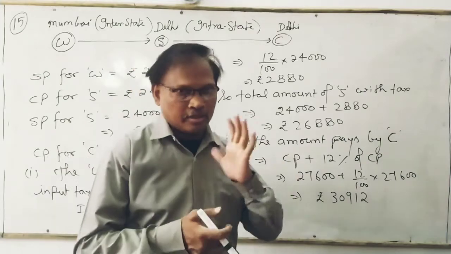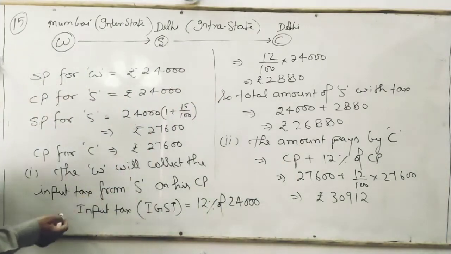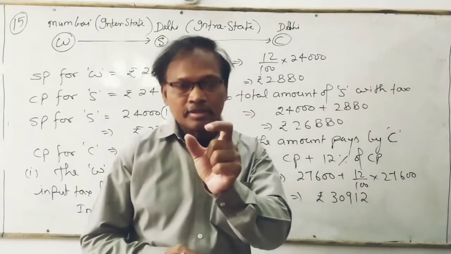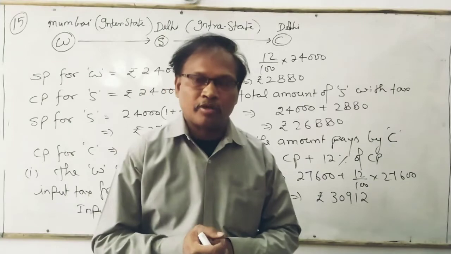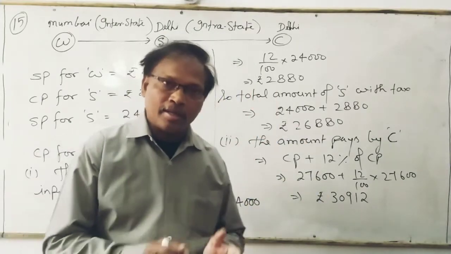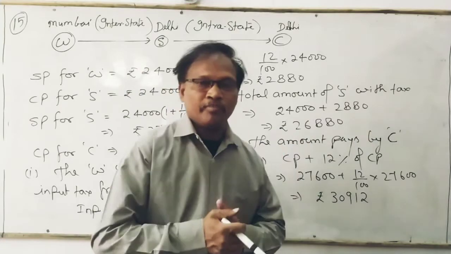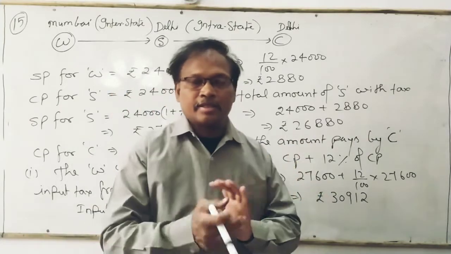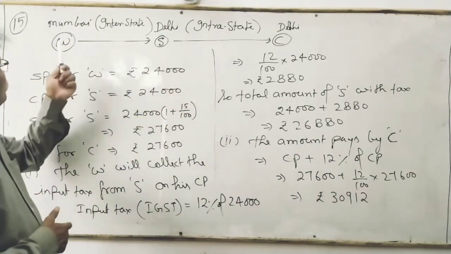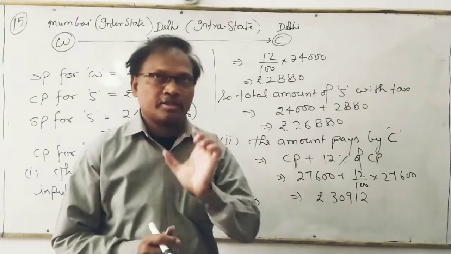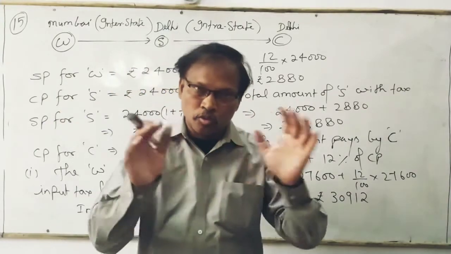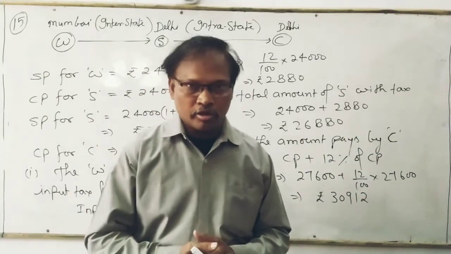Now, the first part, we have to find the price inclusive of tax for the shopkeeper who buys the article from the wholesaler. So first of all, you find the tax, and this tax is the input tax for the shopkeeper who gave it to the wholesaler. And this is also the IGST. Why IGST? Integrated tax, because it is interstate. You can see here, this is interstate. Mumbai and Delhi are two different states. So you can say this is the IGST, the total tax given to the central government.